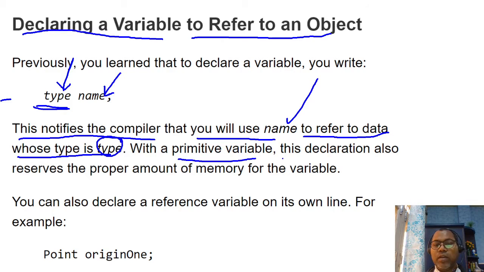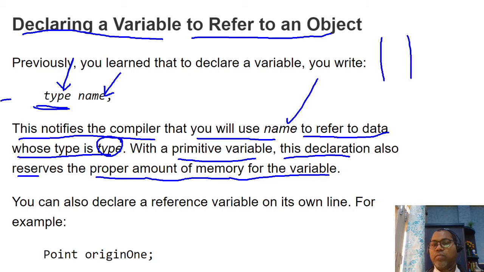With a primitive variable, the declaration is the same thing. Whenever we declare any object type reference, it allocates a proper amount of memory for those variables. Generally, whenever we create a reference variable, this is the concept of stack memory. The stack memory contains your reference variable, and whatever object you create goes and is stored in main memory, known as the heap, and these heap objects are referred to by your reference variable.